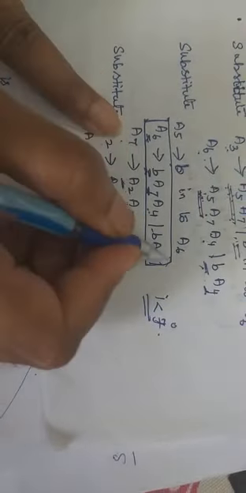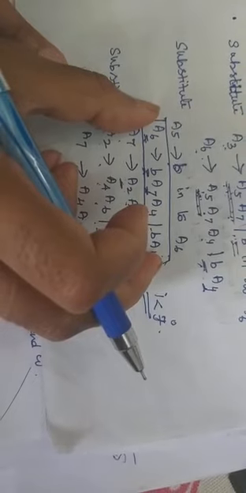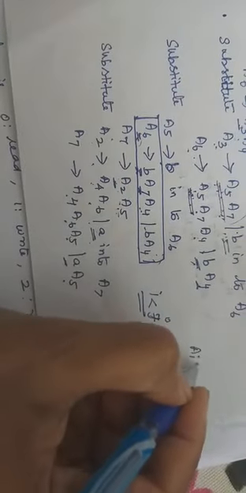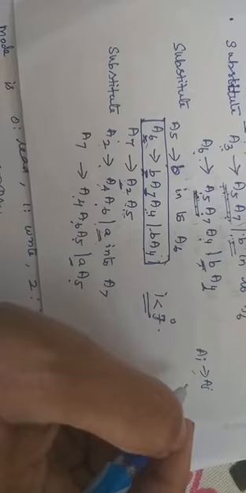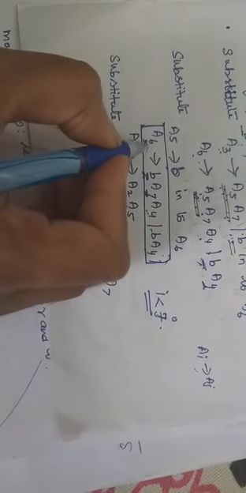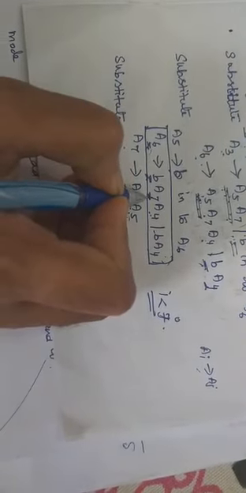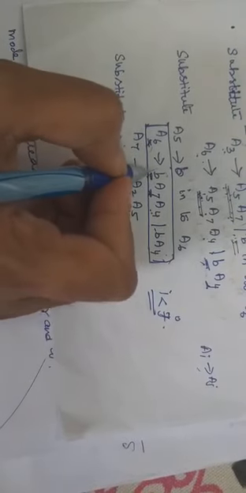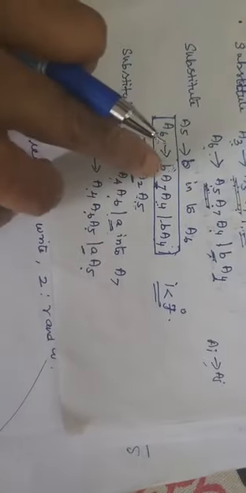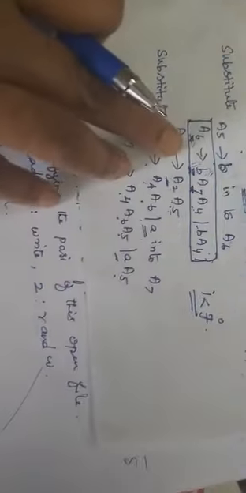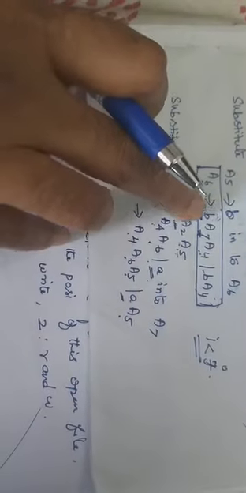Now you see this one, you have changed the order. So how did you get the order? Left hand side and right hand side, when you see it is not in this form AI gives AJ. If it is in the form, we have to check whether the I value is less than the J value. Now it's not in the form; otherwise also the I value is less than the J value. It is correct, but still no need to check because the first symbol you got is a terminal. So in this way we have to order the production. So here you have ordered the production.